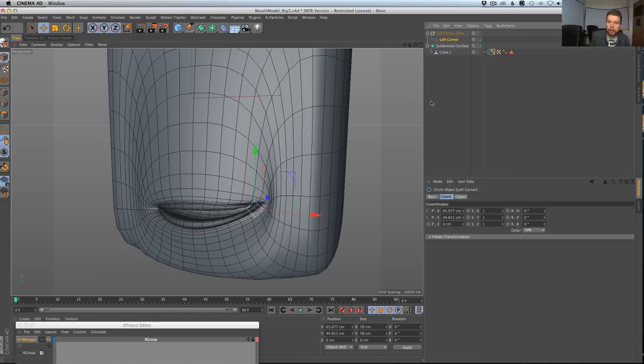So we can go and grab the left corner of the mouth here. This is the only control that we kind of built outside of it. Everything else we'd have to do in here. But let's just do the left corner. Let's just do this quickly. Here's what I would actually do: all we care about is the position of this.